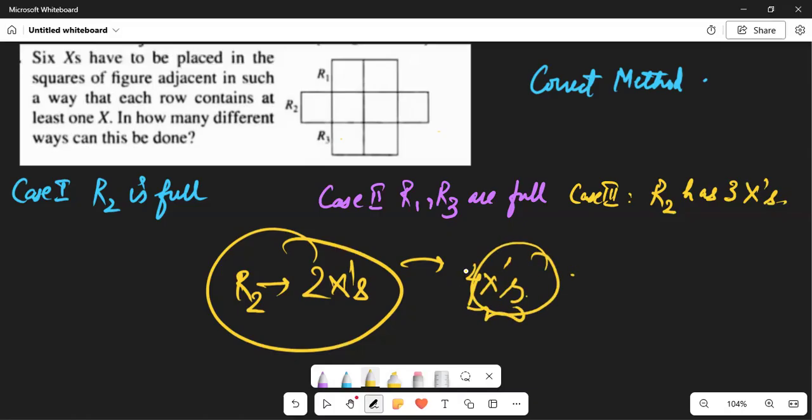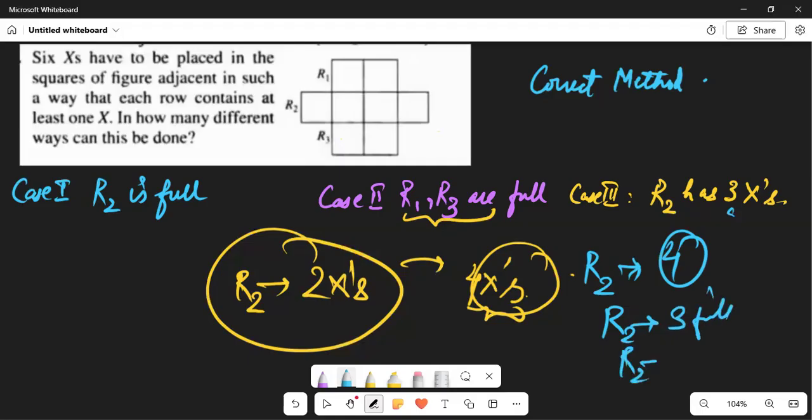Then this would just mean that R1 or R3 are full. Okay, this will come to this case only. It is good to do it this way. R4 has all 4 filled. R2 has all 4 filled. R2 has 3 filled, which is this case. R2 has 2 filled, which is this case. R1, R3 are full, and R2